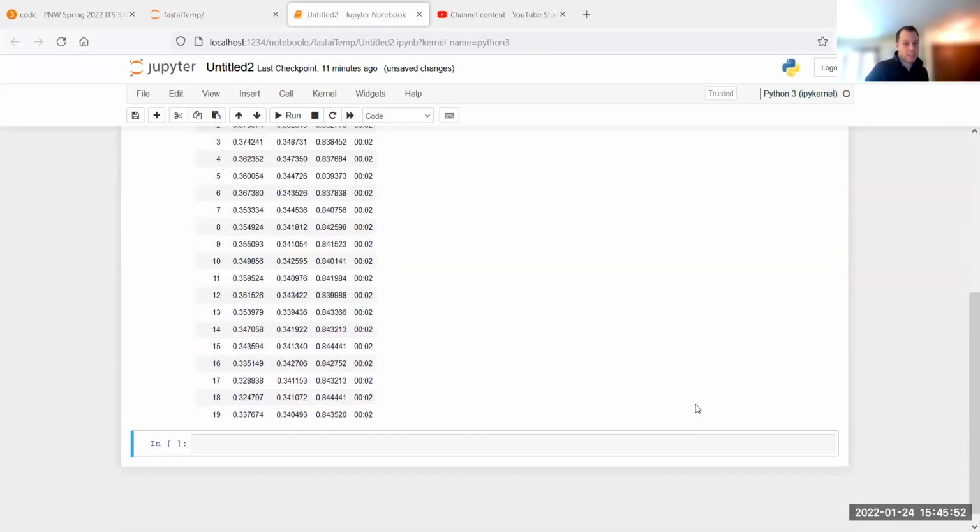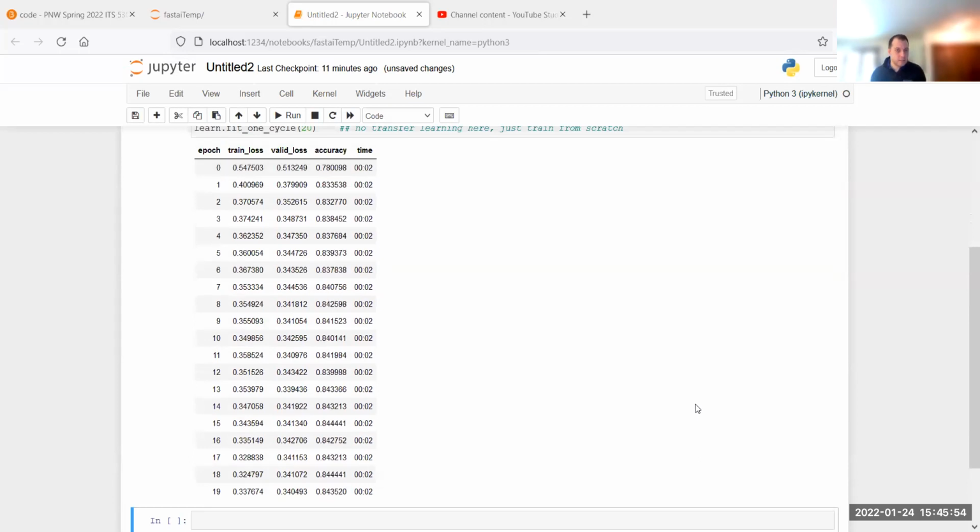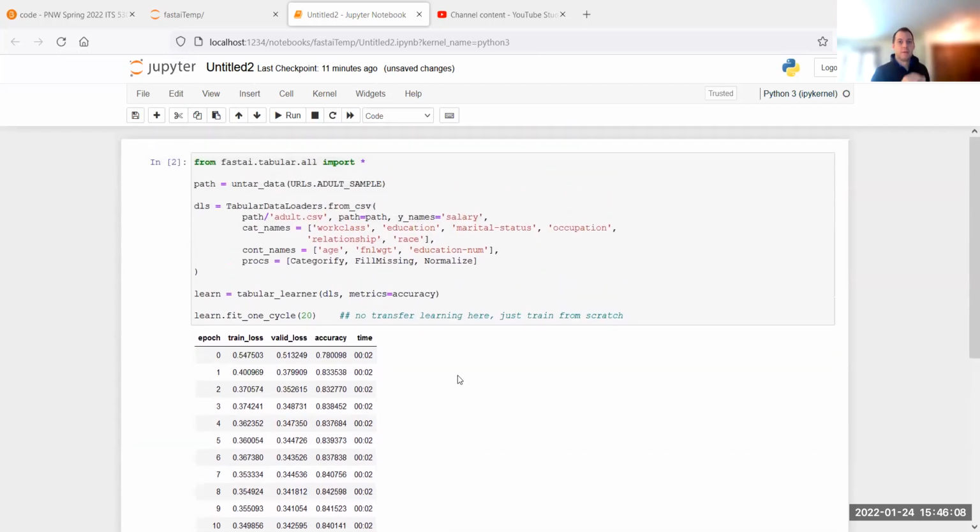All right, so let's see. And it actually did not improve that much, huh? 83, 84, 84. Stays pretty constant at 84. All right, yeah. So that's the best we can achieve with it, but it's something. So as you can see, that's an example of doing this with a CSV, which in FastAI is called tabular.